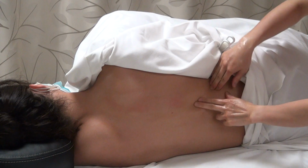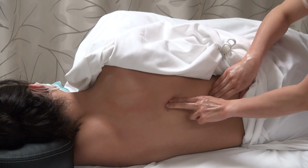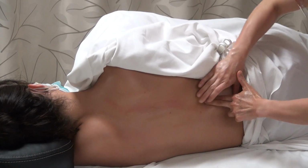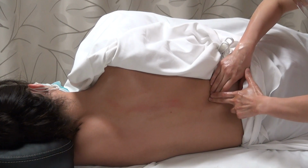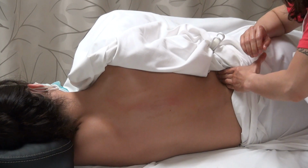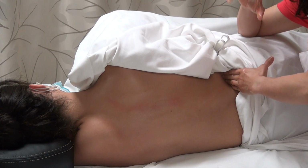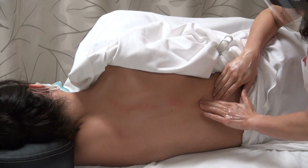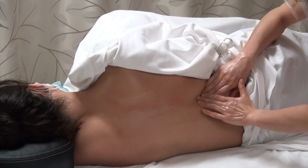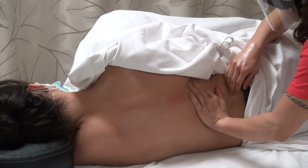So here we have the psoas connecting between the paraspinal up to the upper trapezius. The psoas muscle goes down to the iliac crest. The hip gets higher when the psoas gets shorter. So to release that muscle, we should find out where the tender points are, and we work to warm it up